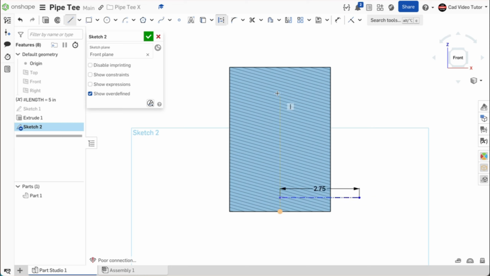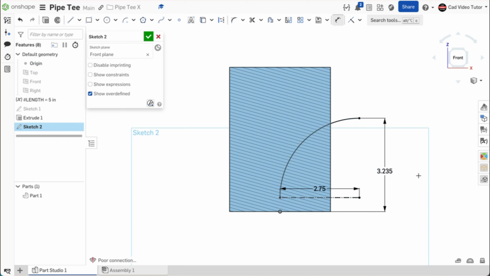From the toolbar, click on Center Point Arc. Click coincident to the end of the line for the center. Click coincident to the other end to start the arc. Stretch the arc up until it is vertical to the center and click to end. Click on the Dimension tool and set the distance between the end of the arc to the origin. This is the center of the transition opening and the distance is 3 inches, which is just above the center